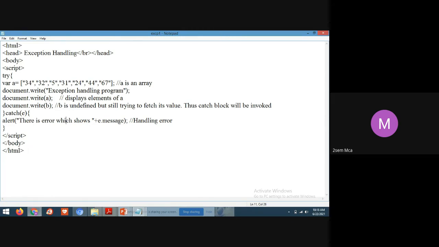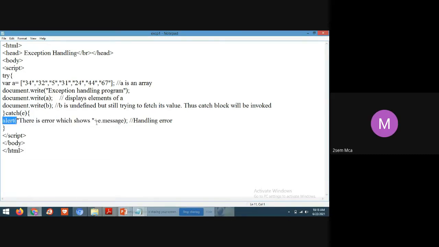There is an error which shows e dot message. When I run the program, you'll get a clear idea. How am I displaying this error message, students? Using alert.